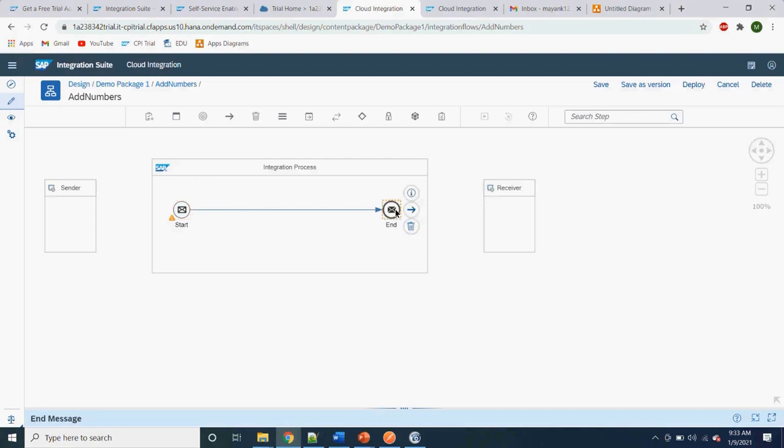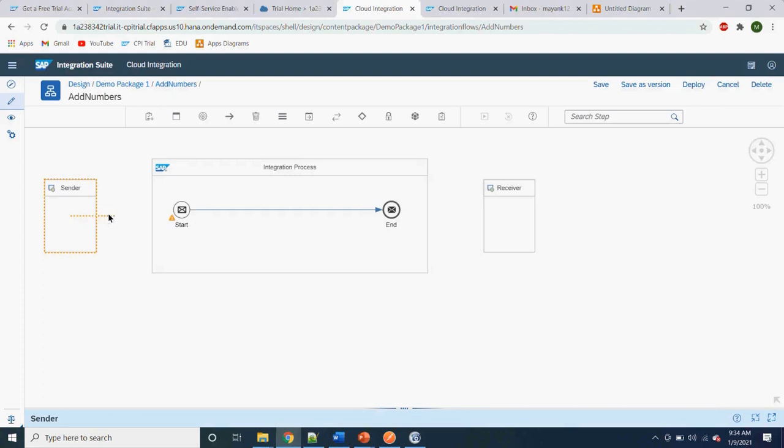Similarly, we have an end function. Whenever the message processing hits an end, the message processing will stop in CPI, and whatever is the further flow, that will be activated. Whatever we need to do, manage, or orchestrate in a simple interface, we need to do it in this process. Apart from this process, it will not work.